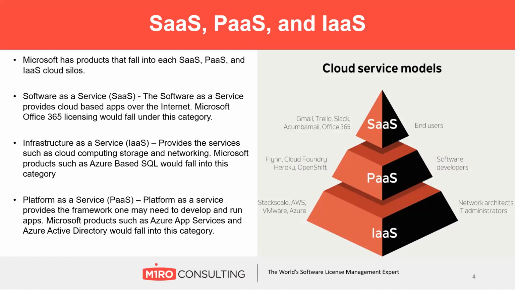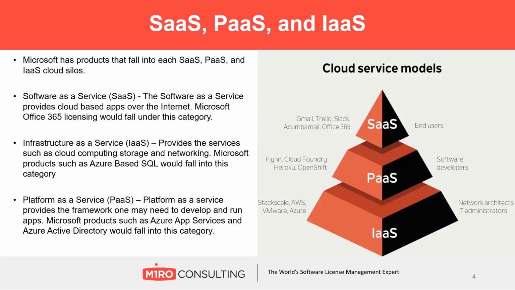I just want to quickly point out that this is one of the main things our licensing guide is going to cover. We are going to cover how these different products split apart, where they used to live together on premise. Now they're ending up in these three different categories. You're probably familiar with them: SaaS, PaaS, and the one we all haven't really figured out how to pronounce yet. But with that, I'll give it back to Vince.